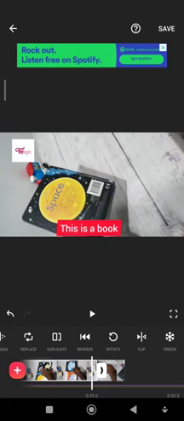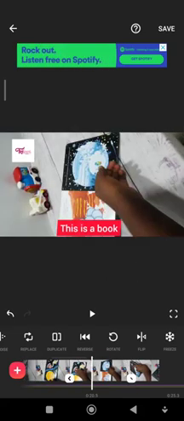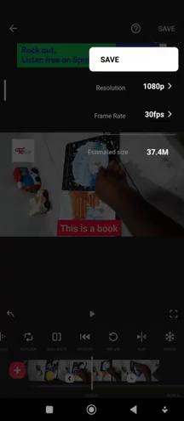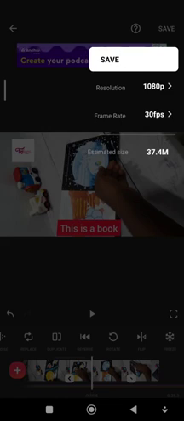So that is it with using InShot. If you have any other question, play around and I'm sure that I can be able to help. So after you are done with your work, all you need to do is click on save here. Then you save it. Actually, InShot is a paid app, so